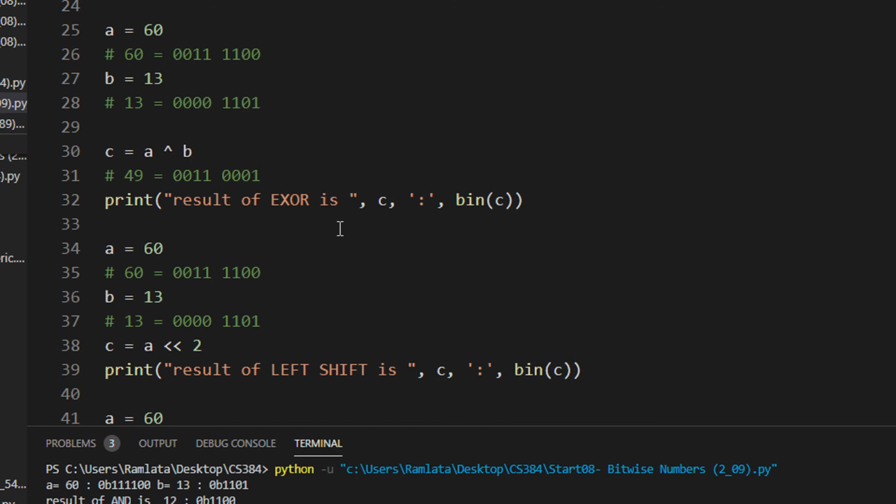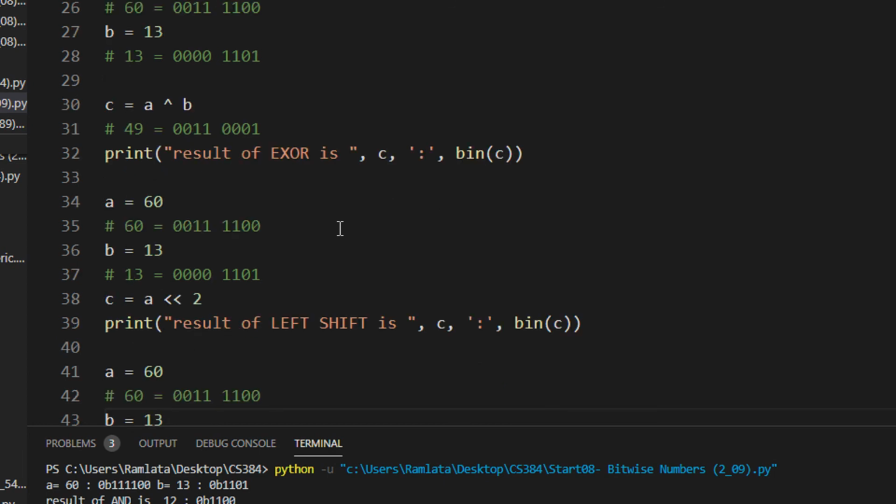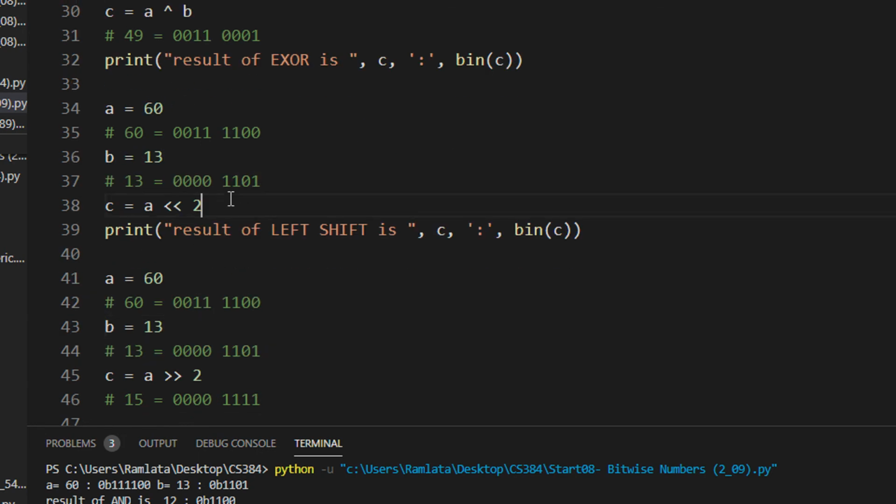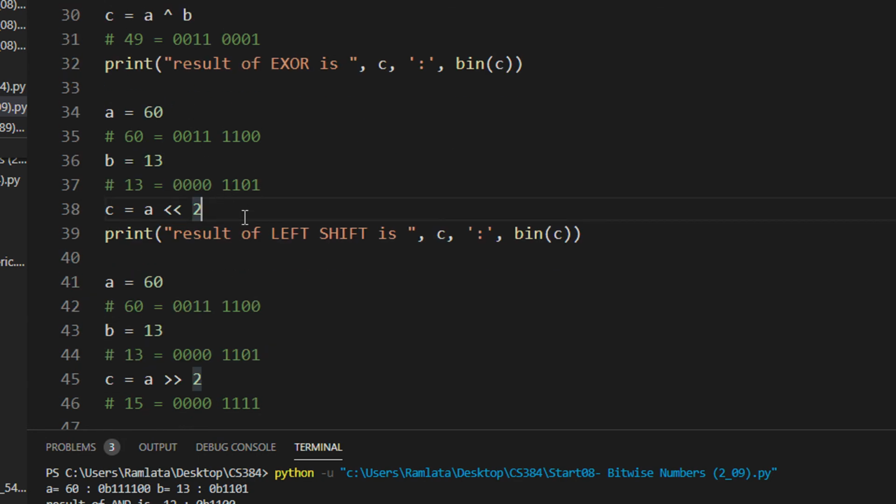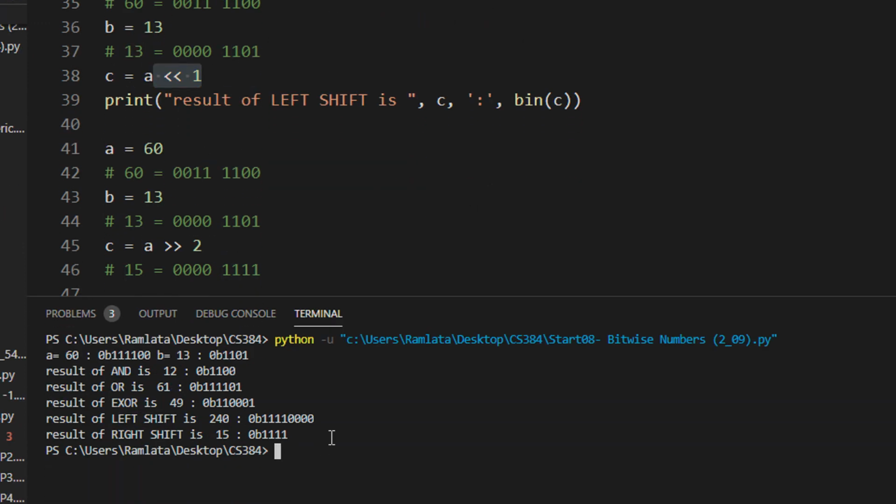Very useful feature at times, in many programming assignments. For example, if somebody asks you if you want to double a number, what is the most optimal way? So the most optimal way to double a number is just left shift by 1, right? So 60 is the number. I am left shifting it by 1. You just see the output. Output will be